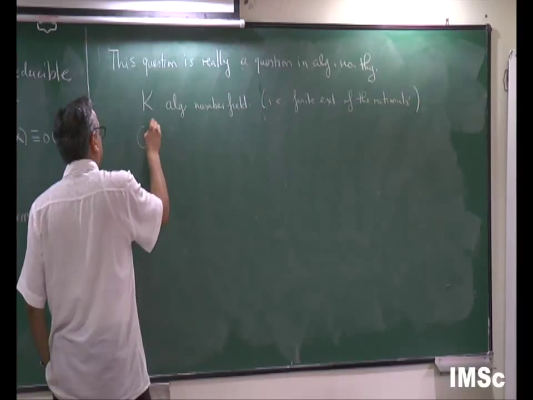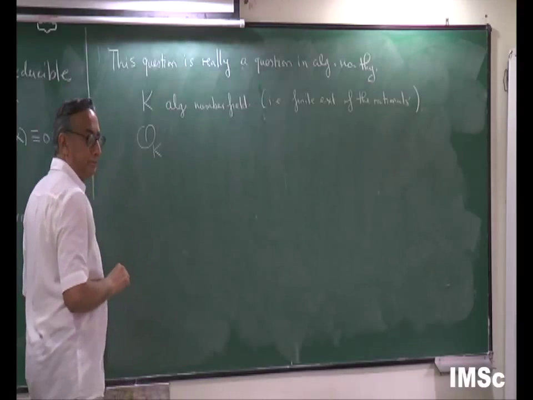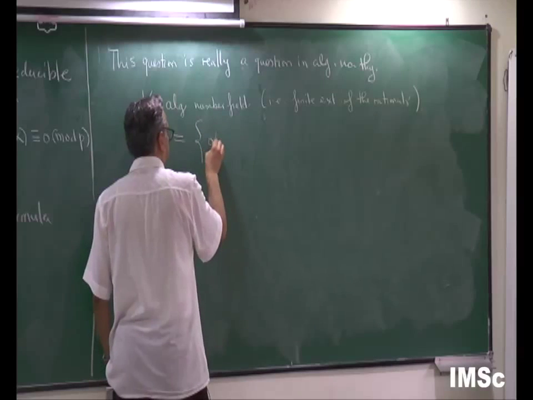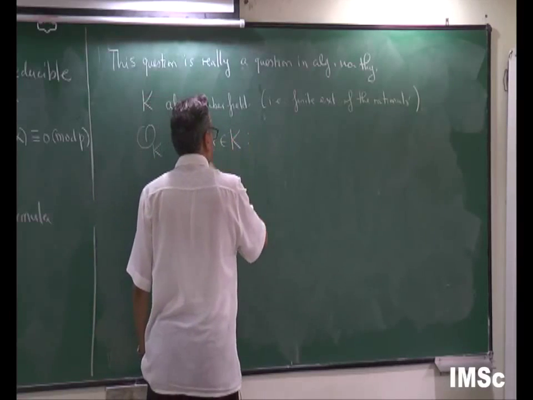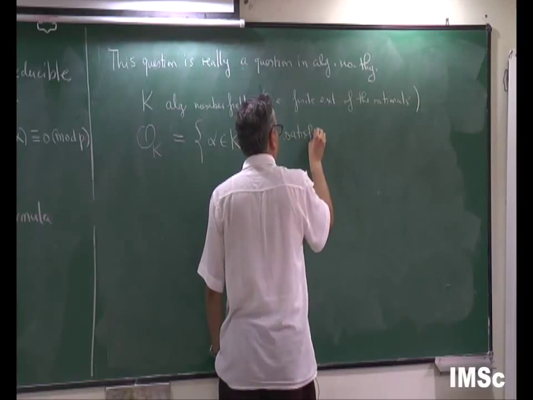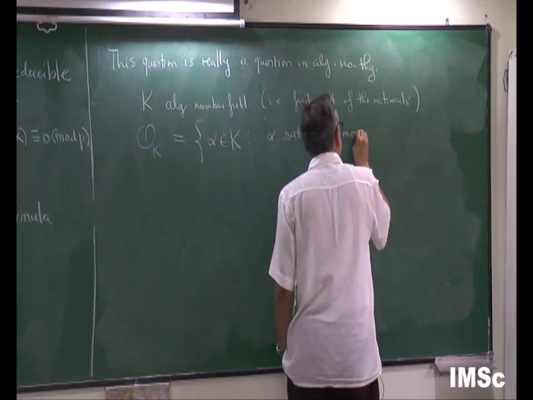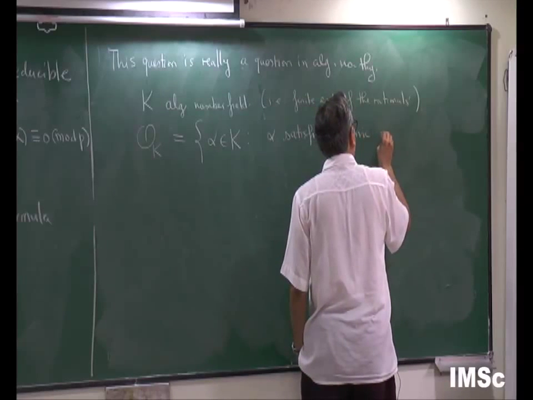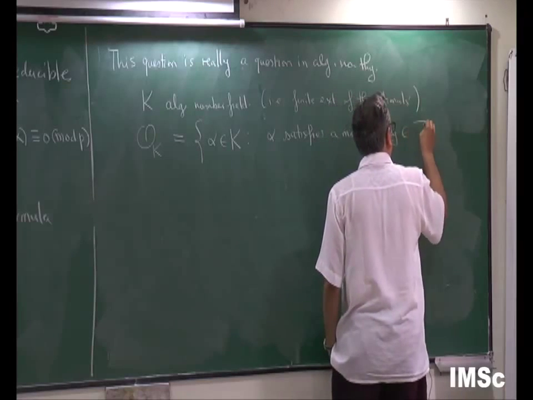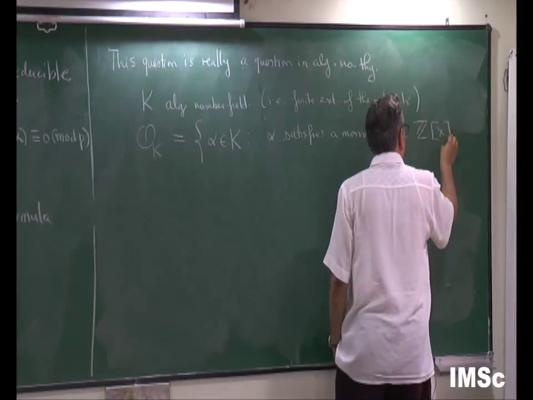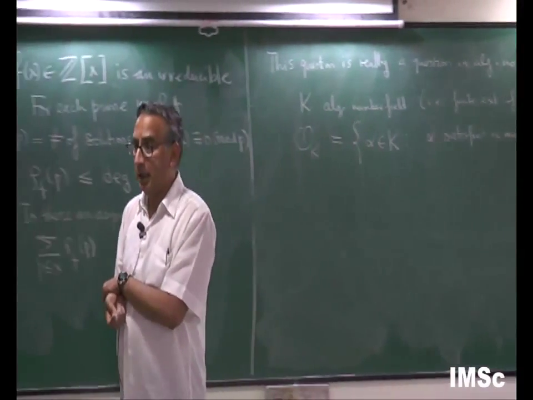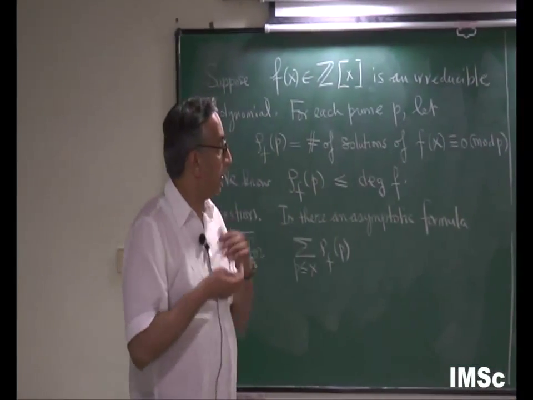Inside this field, there's a collection of elements alpha satisfying a monic polynomial with integer coefficients. So all the collection of elements in capital K that are the roots of a monic polynomial equation with integer coefficients,